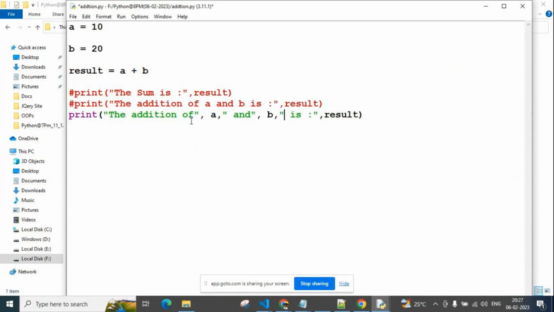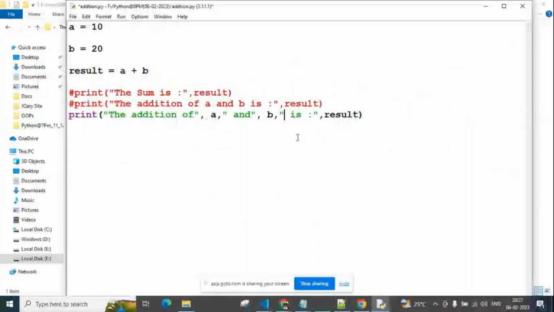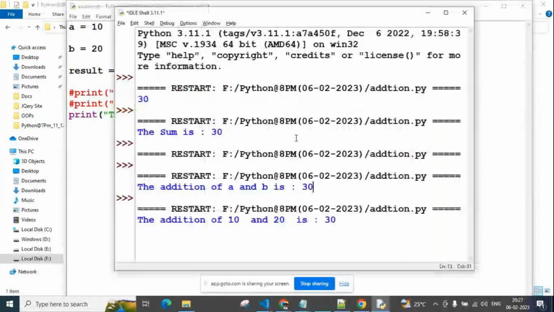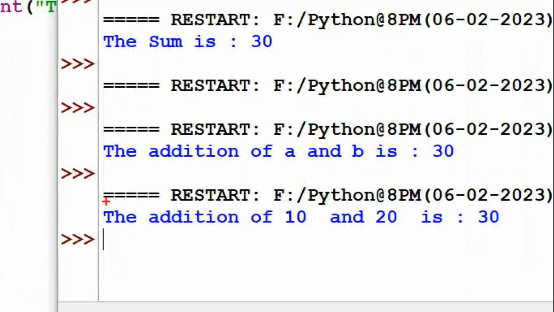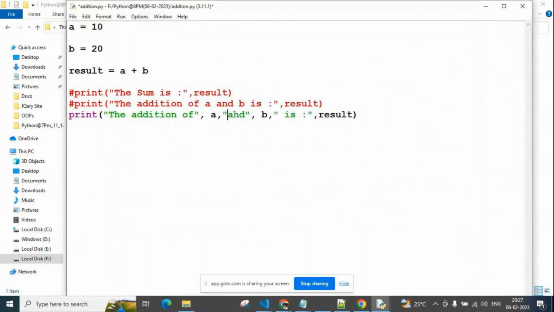See, guys, now no error is there. The A value is dynamically coming. The addition of A, nothing but 10. The addition of 10 and 20 is 30. Now you can see here: the addition of 10 and 20 is 30. If you are getting more space here, you can reduce that space also. Yes, now we will get it properly.